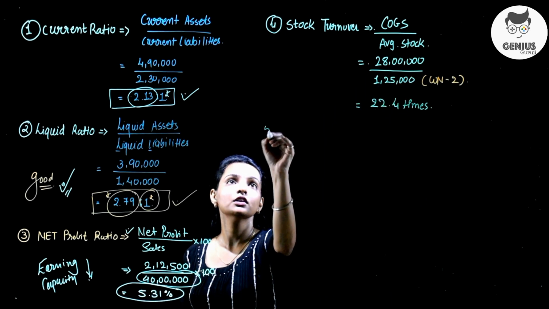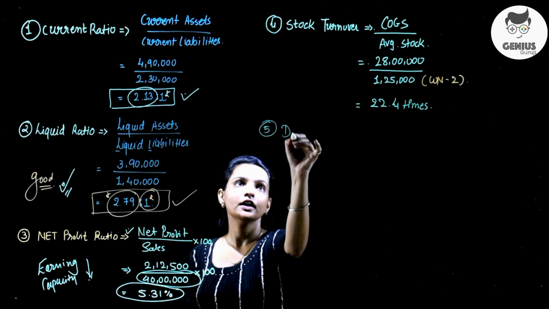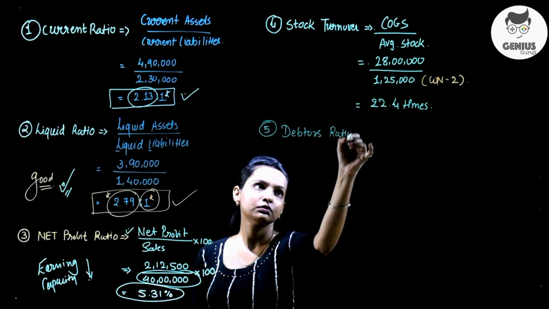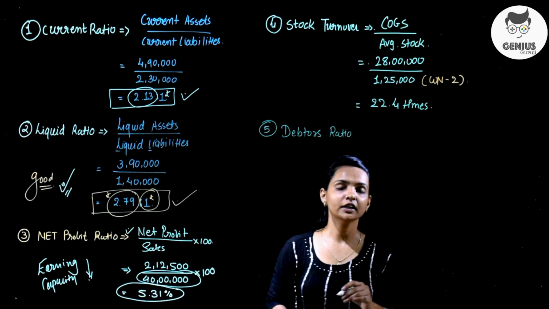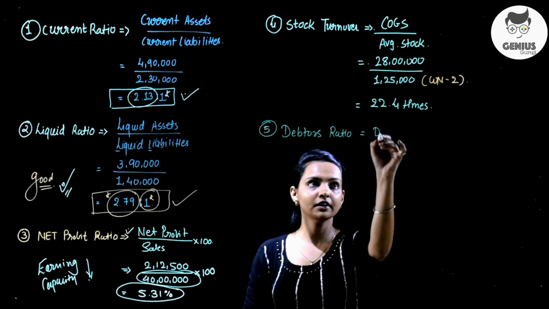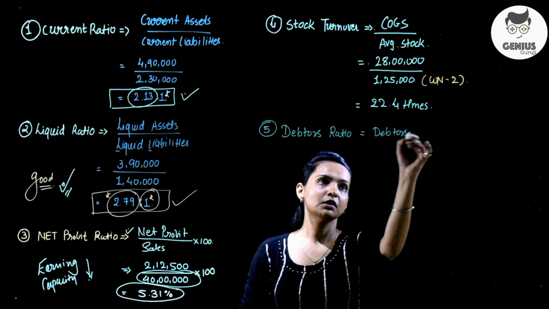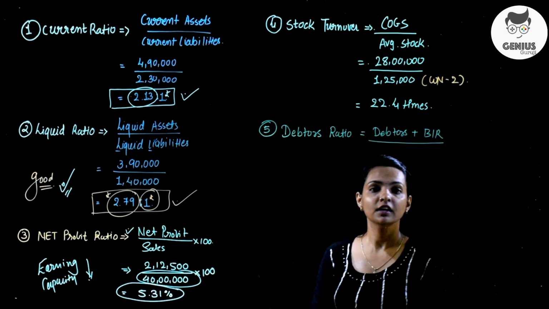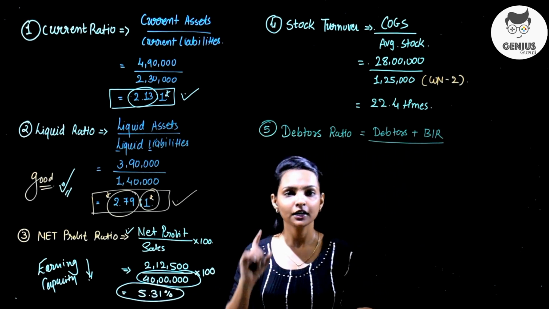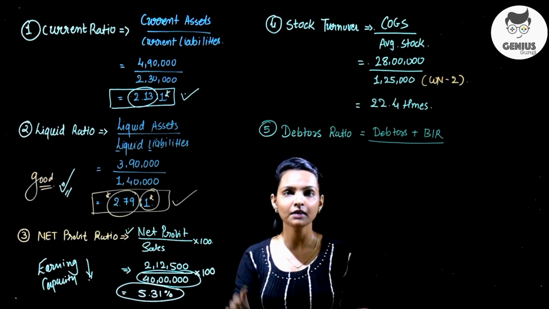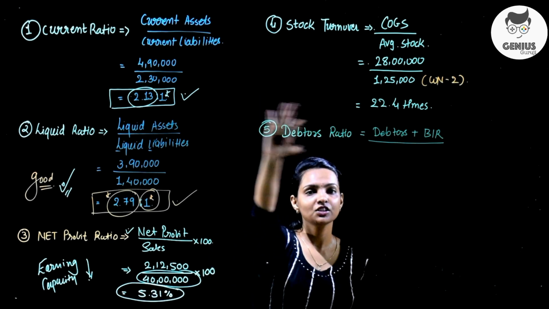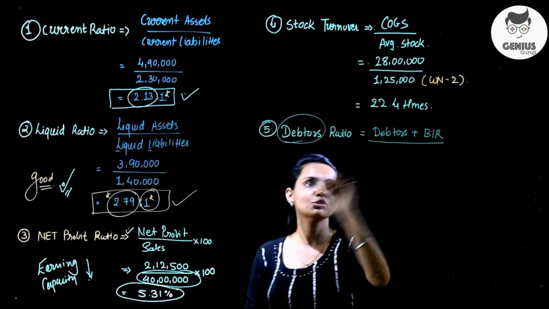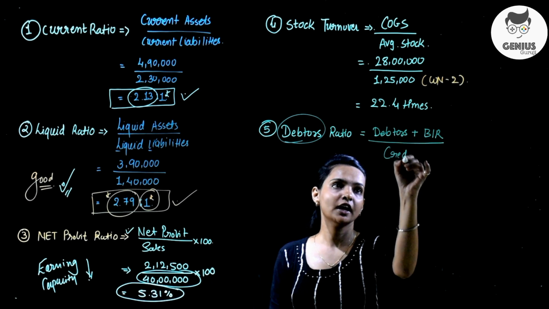Now I move on the fifth ratio, debtors ratio. What is the formula of debtor ratio? My formula is debtors plus your bills receivable divided by, which is my denominator? My denominator will be credit sale. Why? Because debtor have a special relation with the credit sale. They are arising from credit sale. So my base is credit sale